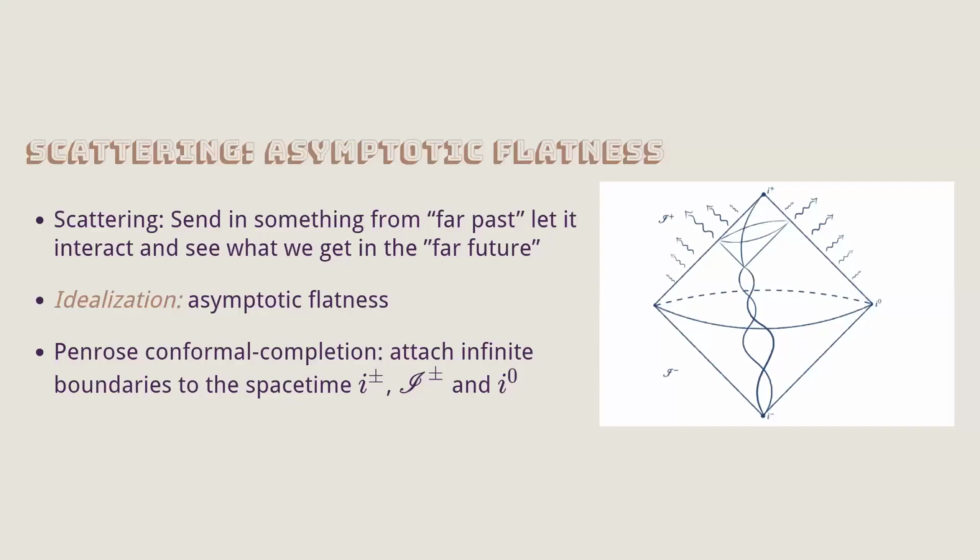For scattering, you can imagine you're sending in some particles. Particles or massive bodies always come in from past time-like infinity. Any massless particles or fields will usually go to null infinity because they move in null directions. So you send in something, it does some complicated dynamics, goes out, but in the middle it emits some massless radiation. Mostly I'll be talking about the problem that arises when you include massless radiation in your whole scattering problem.